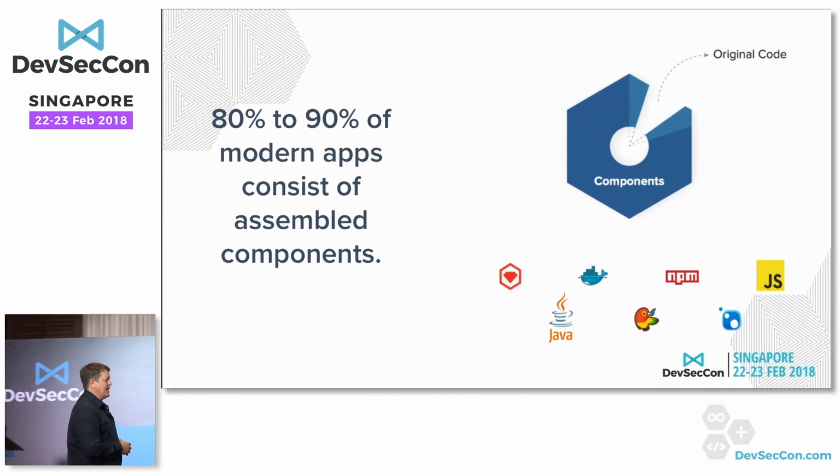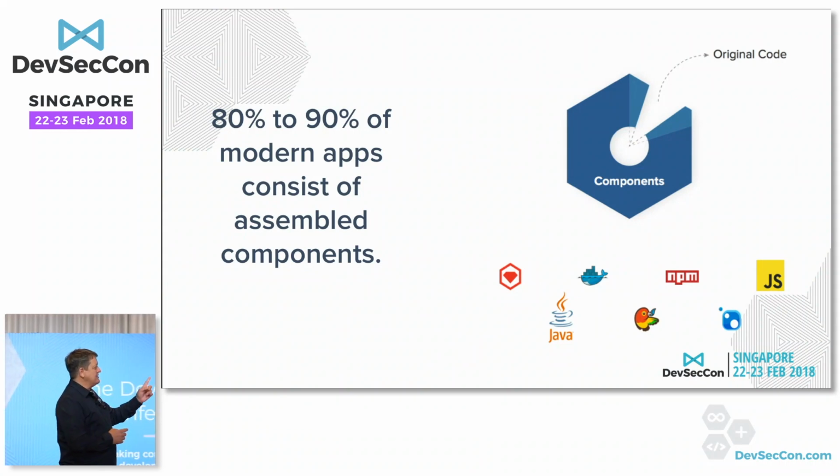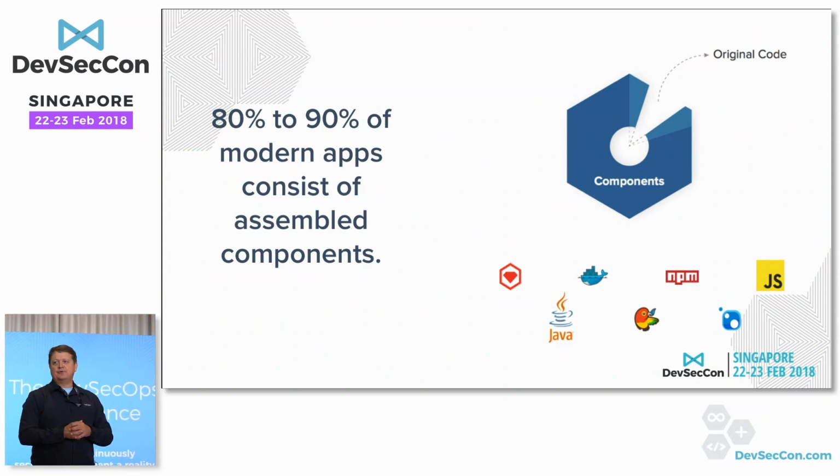The other thing too that's changed is that 80 to 90% of modern applications are assembled. So what that means is in the old days, developers would open up Emacs and start writing a program from scratch. Doesn't happen today. All modern applications are built using open source libraries and third-party libraries because they're being pushed by the business to write software very quickly. You have to do innovation. You have to always be delivering new features and software, and we don't have the resources to write it all from scratch. So we use these components.